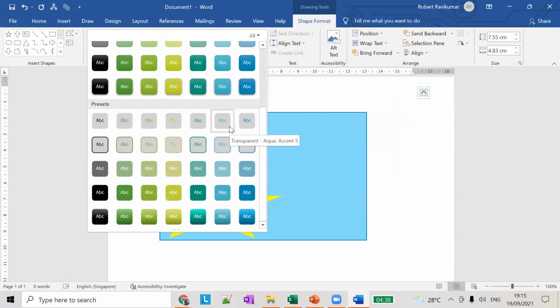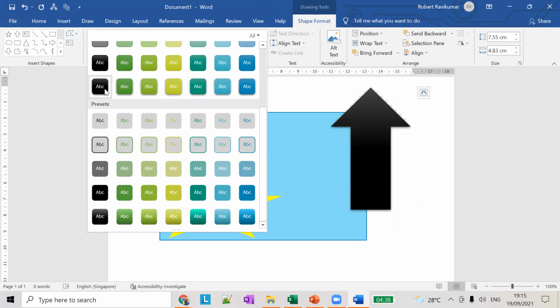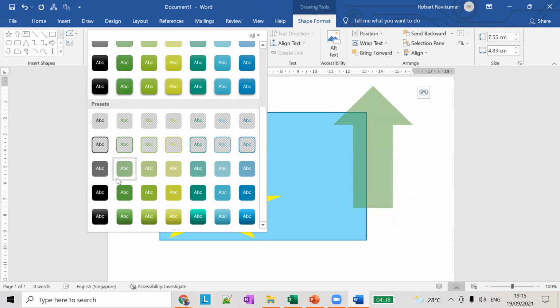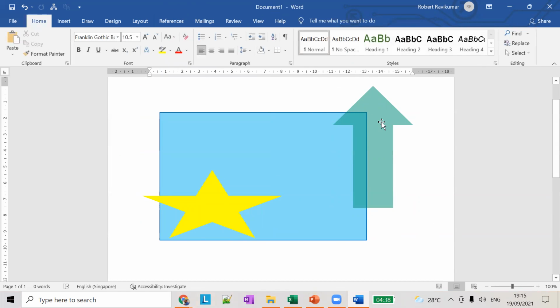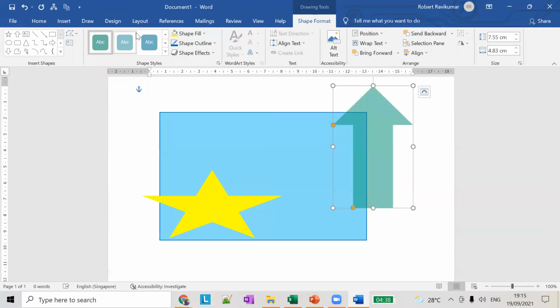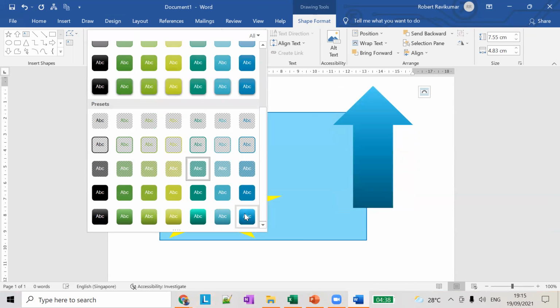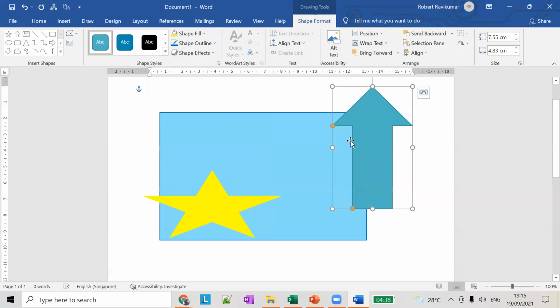There is something called shape styles also here, where you can choose the style of the shapes. You can see different options that are available. You can change the background color with a predefined style like this. Choose any one of these styles and click it.